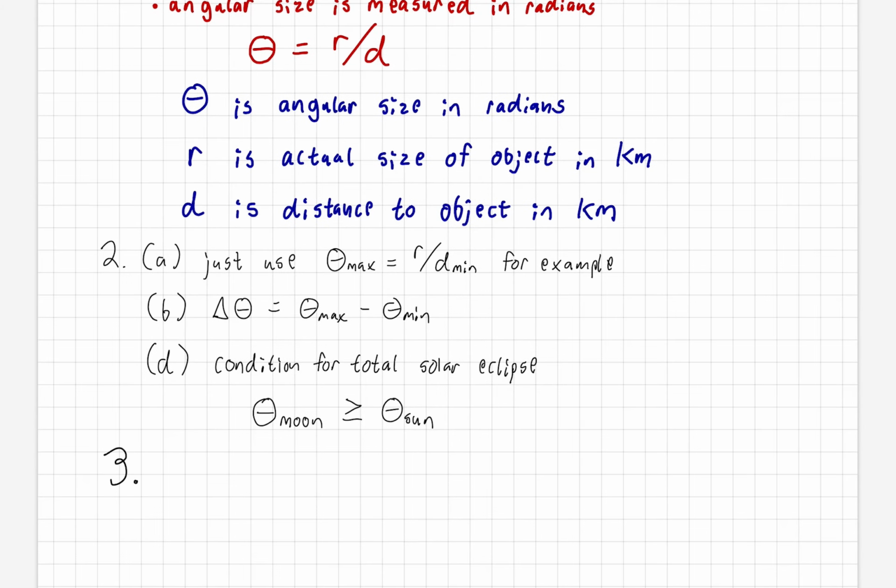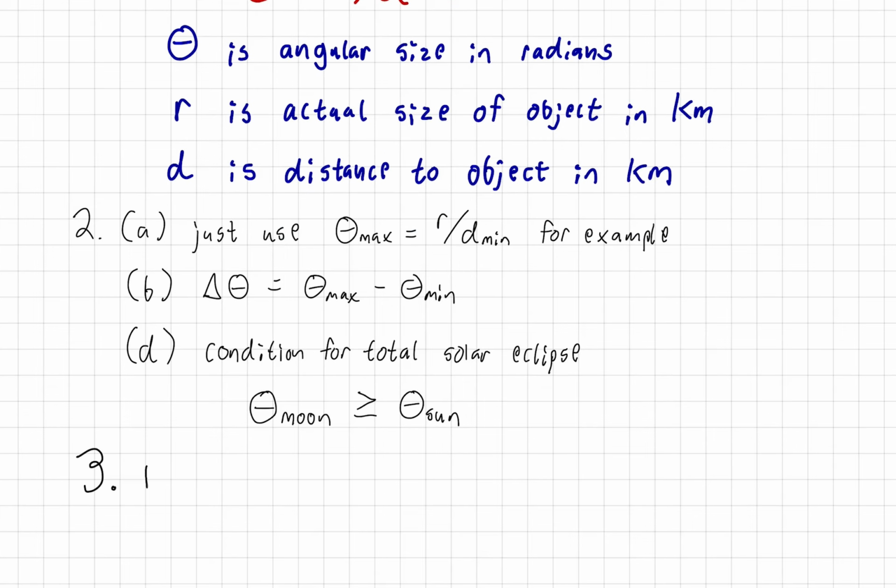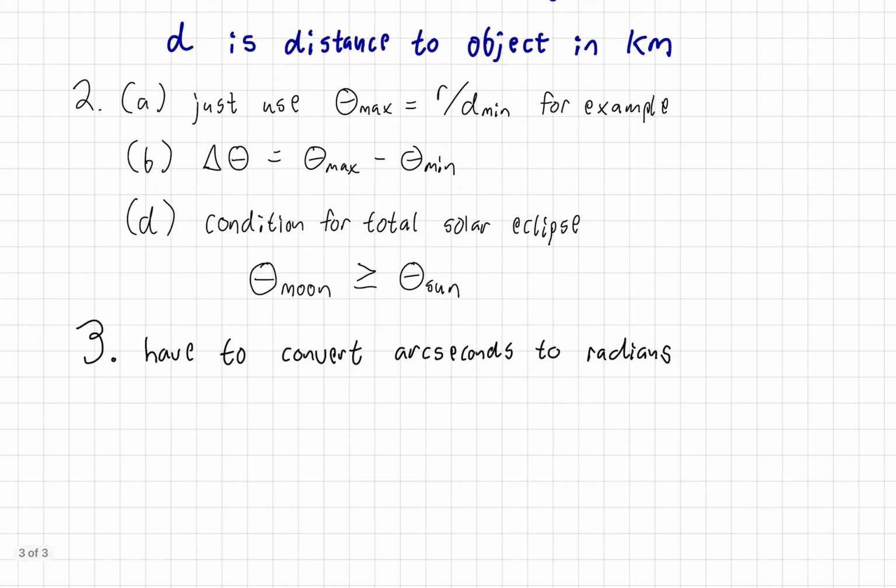So one key thing about number 3 is you have to convert arc seconds to radians, okay? And to do that, you need to first convert arc seconds into degrees. And there are 60 arc seconds in an arc minute, and there's 60 arc minutes in 1 degree, which is to say that 1 degree is equal to 3,600 arc seconds,